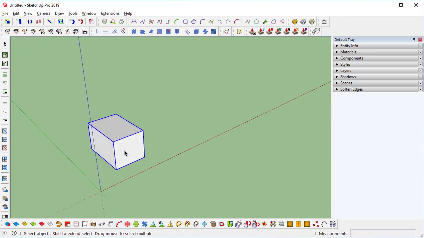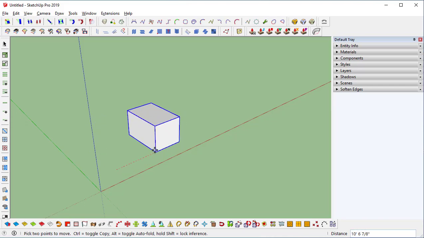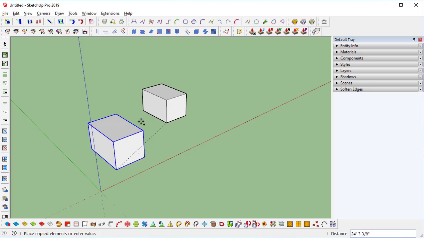What I want to do is create multiple copies. So simply use the move tool, shortcut is M. After that, specify a point from where you want to grip the object. Just click on Control. If you click on Control, it will toggle the copy command. Next step, just show the direction using the arrow key. Next step, somewhere you can click or you can enter the value.